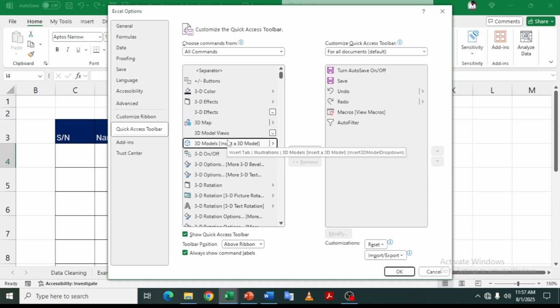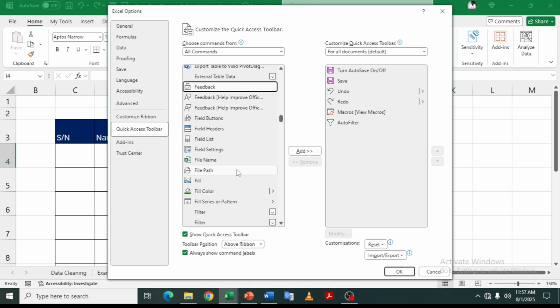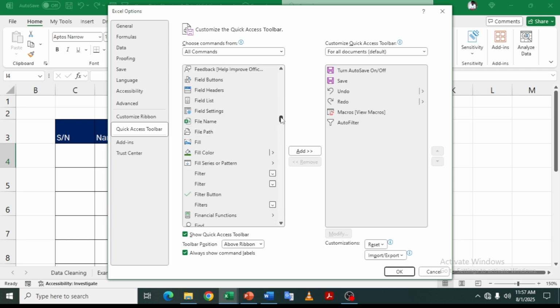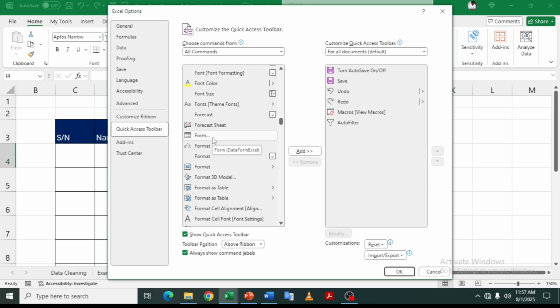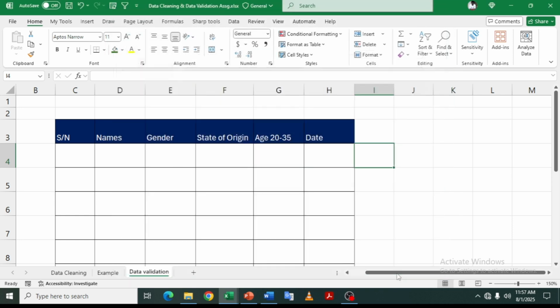So you simply press F for form and then you scroll down to where you find the form. Now this is the form we are looking for, so you click on the form and click on add and click OK. Now to activate the form, you click inside the table or data table that you want to use the form for, and then click on the form,